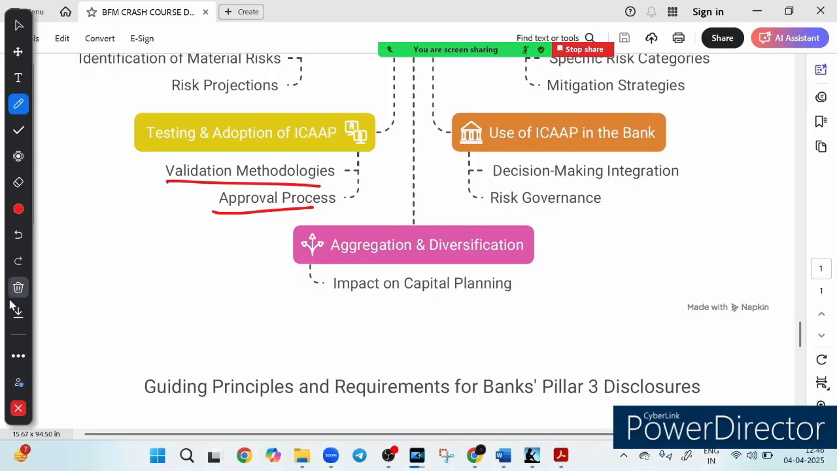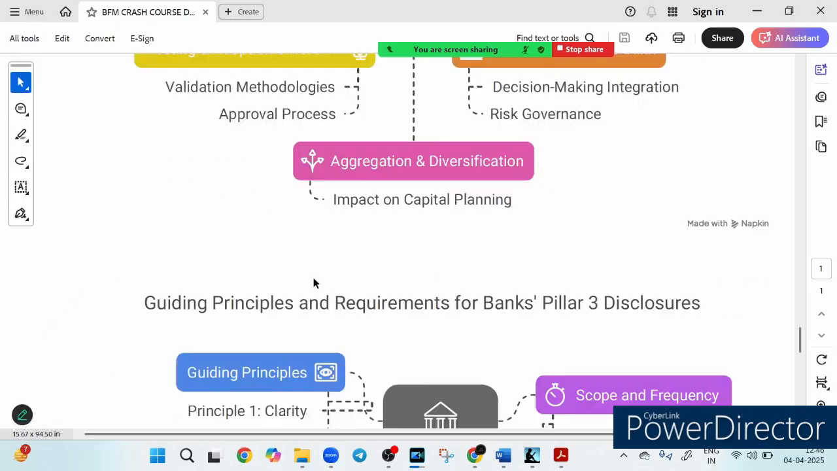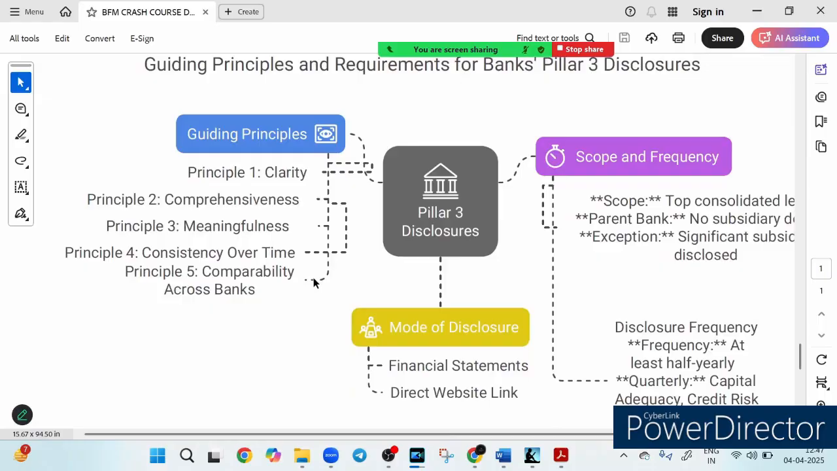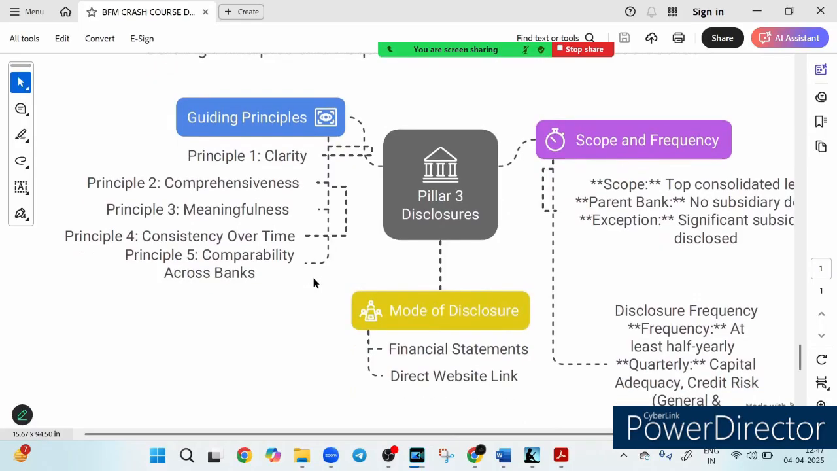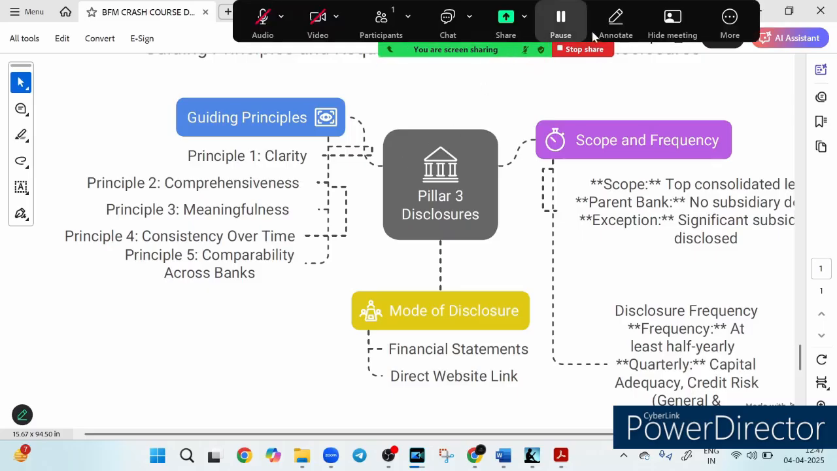Now friends, let's look at the guiding principles and requirements for the bank's Pillar 3 disclosure. Let's look at this particular slide. So friends, transparency is the backbone of a strong and stable banking system. But how do banks ensure that their financial disclosures are clear, meaningful and consistent? That is where Pillar 3 disclosure comes into play. Let's break it down. First of all, the guiding principles. There are 5 guiding principles for